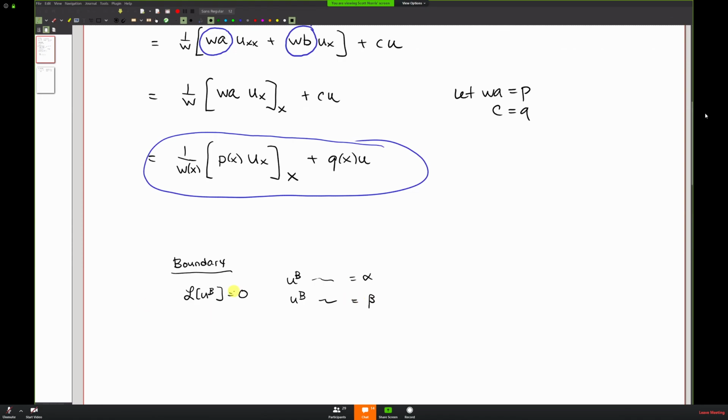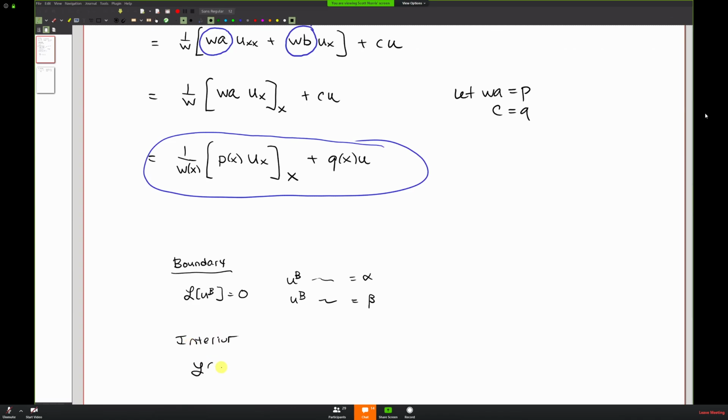It's important that we don't just get into the habit of making this UBXX equals 0. If the operator is L of U is UXX, then that's what this is. But if the operator is like UXX plus 2UX, then ideally we want to satisfy UBXX plus 2UBX equals 0 here. And then your interior problem